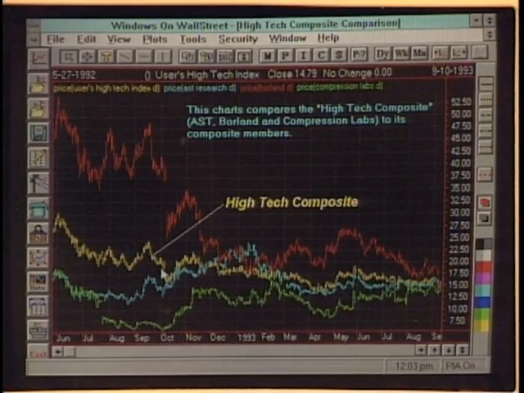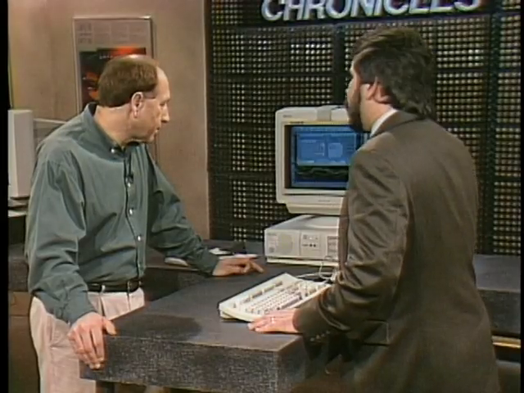The yellow line is the high-tech group altogether, what their composite performance has been. That is correct. And I can see, for example, that red graph, which is Borland, is outperforming the group. So it might be a good idea to own some of that, maybe. It could be. It all depends. There might be other indicators that you want to apply against this particular chart. Okay. And let me give you an example of some more of those.